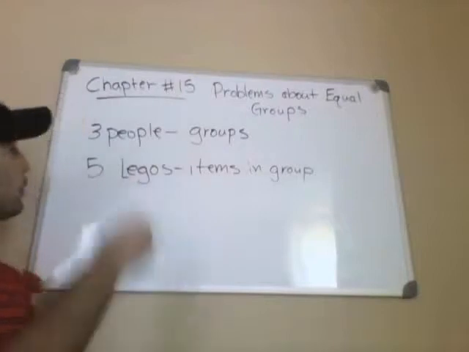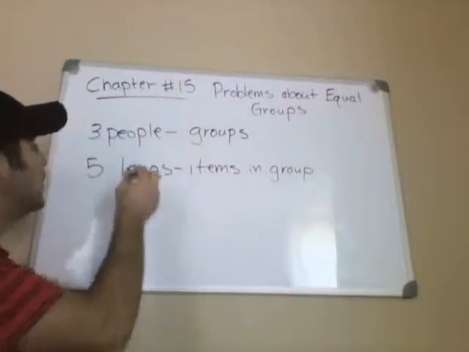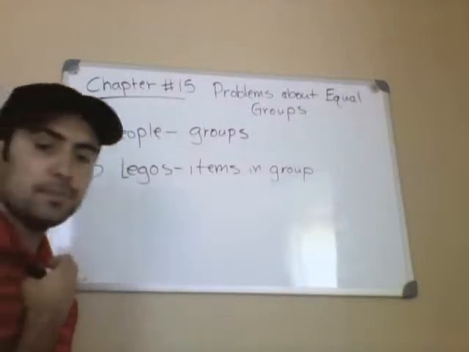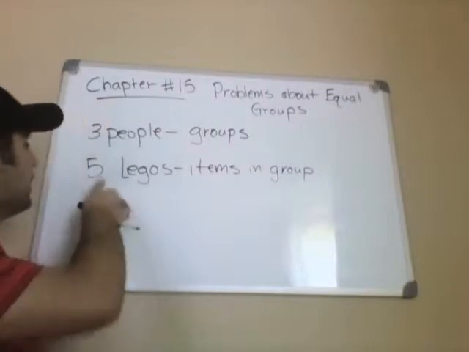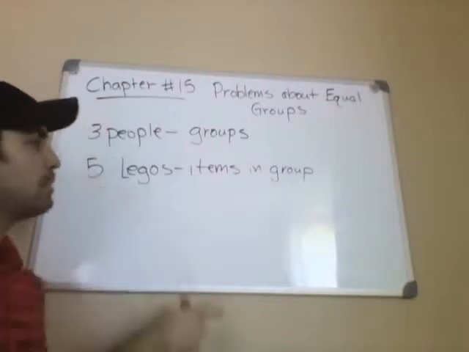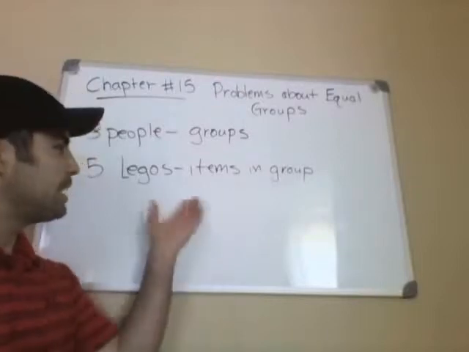Alright, as you saw, we had 3 people. So there's 3 different groups. Me, Mr. Mazan, Zachy, and Israel. So there are 3 groups. Then each group had 5 Legos. I'm going to call that items in a group. Your book calls it something different, but I'm going to